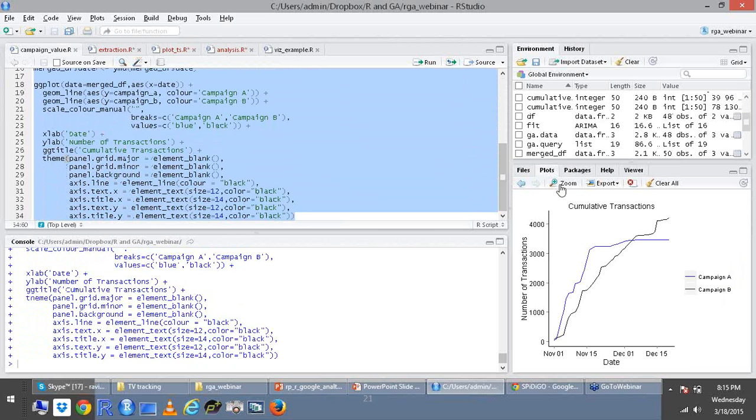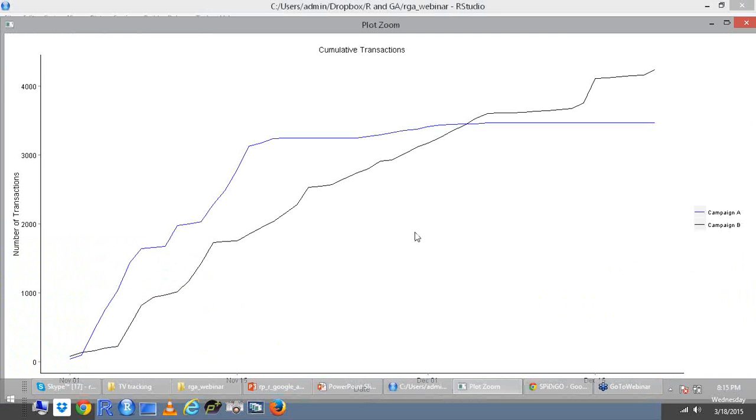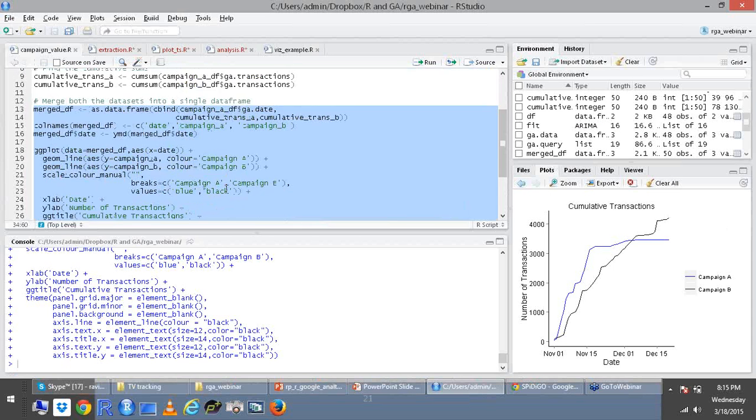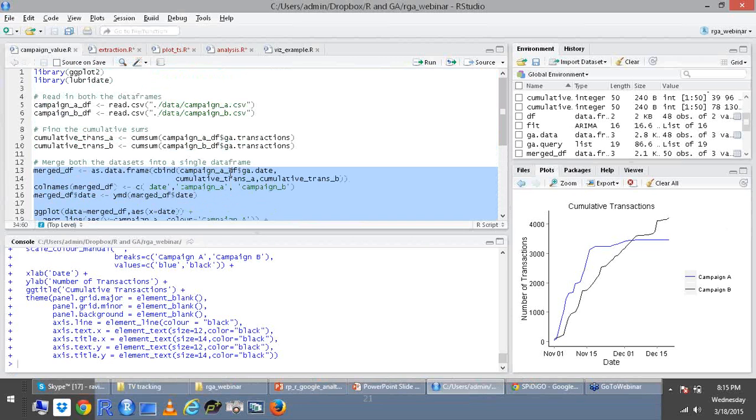I can get the same chart that I showed you in the PowerPoint slide here as well. With about 34 lines of code, which is going to be available again, you can measure the effectiveness of your campaigns over a longer period of time and see which campaigns have a higher cumulative and long-term value for your business.